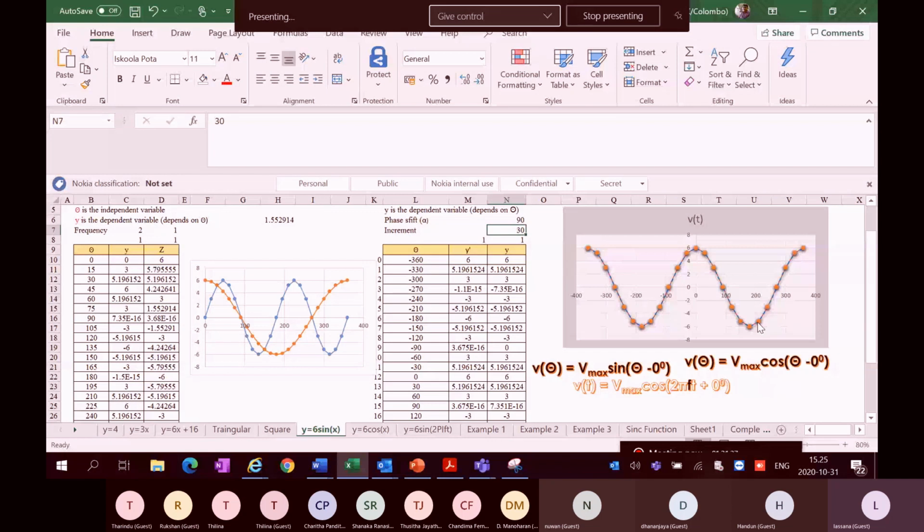Therefore, don't worry. Even for cos, you can use sine because there is a 90-degree difference only. That's the difference. Therefore, there is no significant difference between sine and cos. The shape is almost the same. The only difference between sine and cos is the 90-degree phase angle. Okay? That is also one of the other findings which I want to note from this Excel simulation.